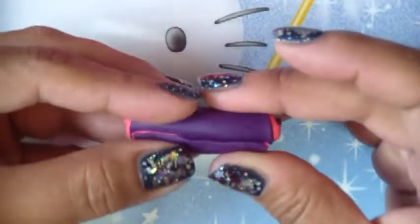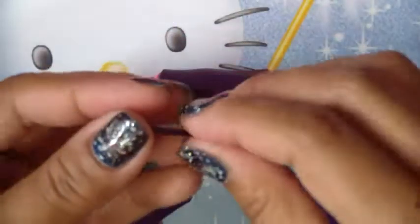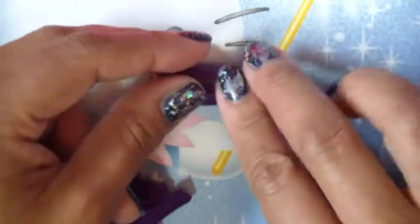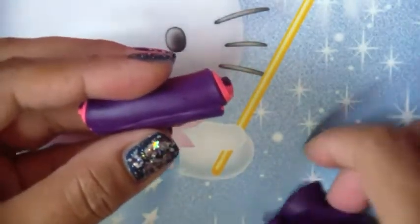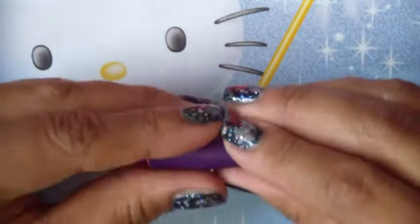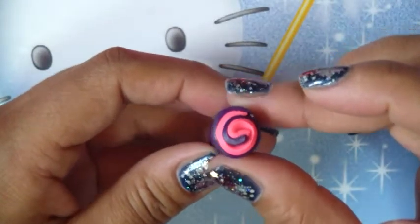That last piece of pink does not want to play with me, but what you can do is grab another little piece of purple and just help it out. So I'm just going to take a little tiny section of purple and add it here. It's a cane. What's going to happen is when you start rolling it, you won't even notice that little imperfection that I added there at the end. Okay, so I'm just going to kind of stretch it a little bit with my hands. And as you can see, it's already pretty chubby. And as we continue to roll it, it is going to be